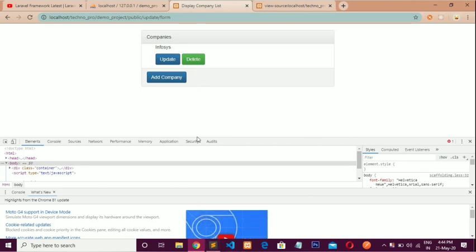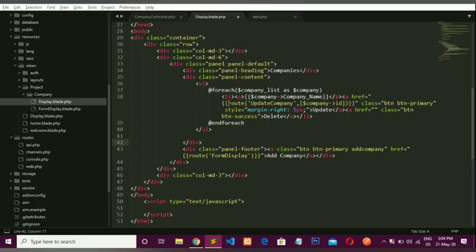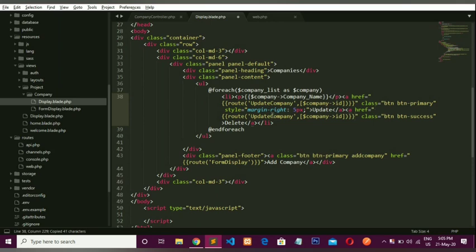Now we will see the delete operation. Okay, for delete, first copy this, because here we also need to pass the ID. So copy and paste it over here and change only this route name, which is delete.